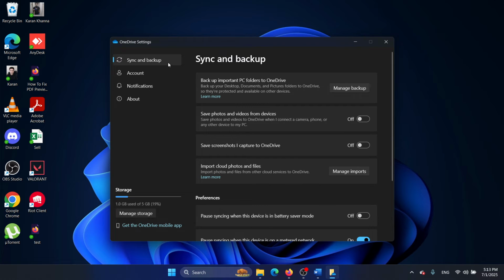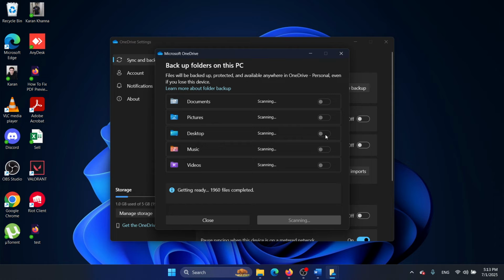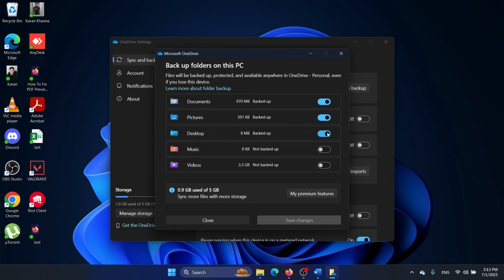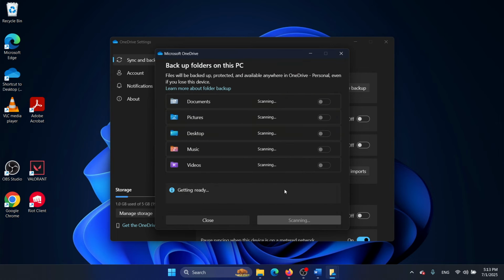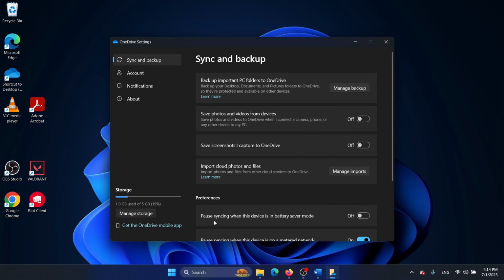Go to the sync and backup tab, select manage backup and wait for all of these to load. Then turn the switch off for desktop. Okay, and then click on stop backup, and it will need a while, and then you can see that these green ticks are gone. But honestly it is not required because the online OneDrive is also under your control, and